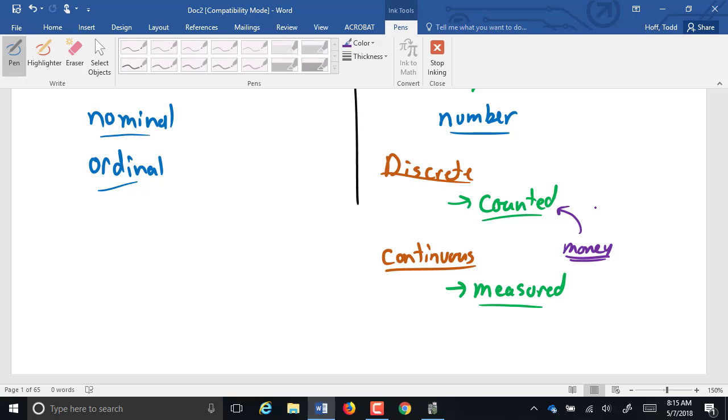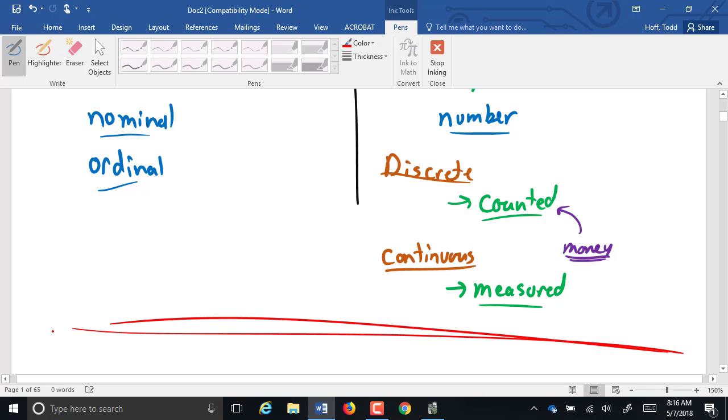One of the technical definitions of continuous is no matter how close two things are, you can always find something in between them. So if you think of a person's height, no two people are exactly the same height if you measure down to a small enough unit. And no matter how close two people are, you can always find somebody in between. It's possible to find somebody in between them if you measure down to a small enough unit. So it's always theoretically possible to find something in between. Okay, that's probably a good place to end the vocabulary.